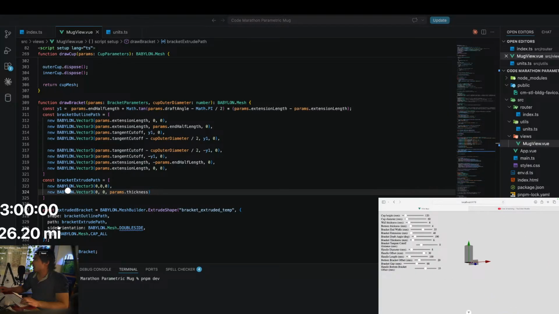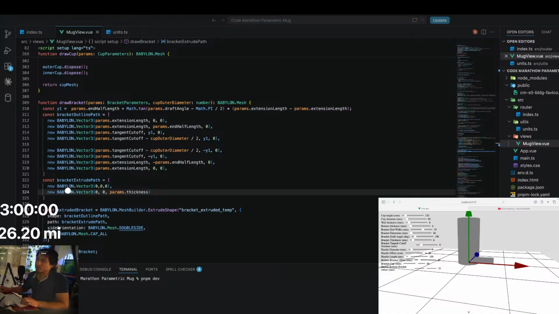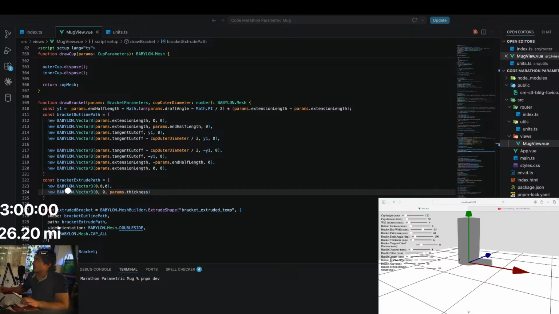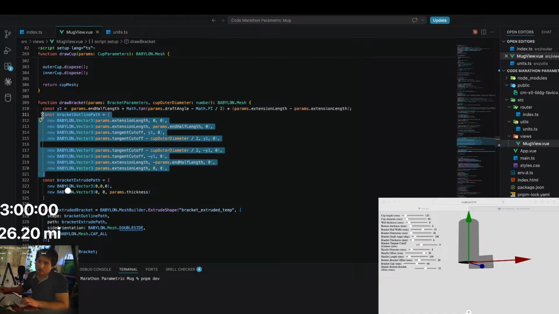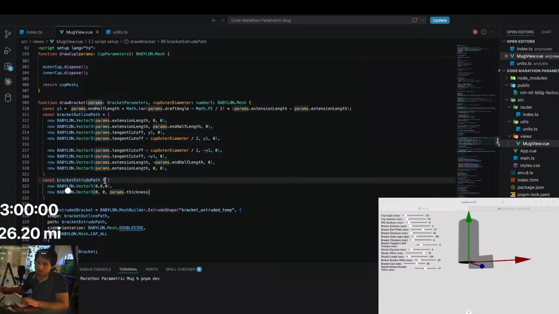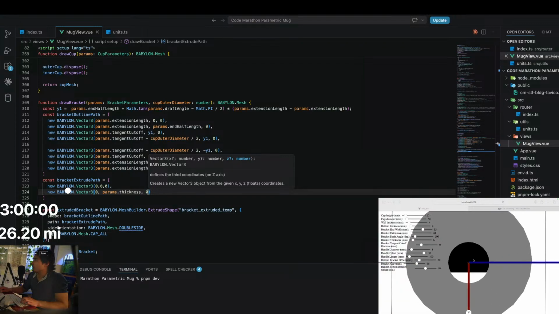It almost seems like it will extrude it along the path in the same manner regardless. Like the path will define the orientation of the final extruded shape. So it's like it wants the path in the XY plane, or it wants the outline in the XY plane, but then you can orient it depending on the actual extrude path, which is an interesting way of doing it. Makes a lot of sense, actually. But let's put that back in the Y direction so that we get it in the orientation that we want. And then,